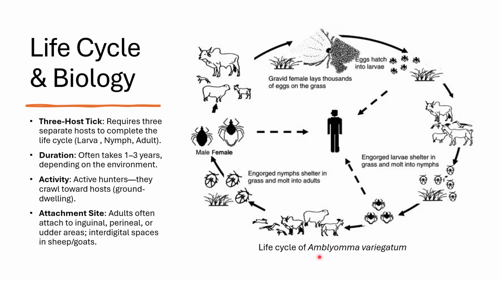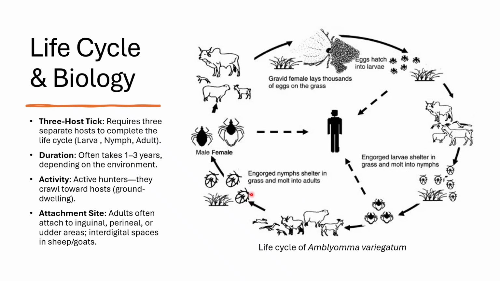This is a diagram showing the life cycle of the Amblyomma variegatum. We have here the adult laying eggs, hatching into larvae. The larvae will attach to its first host and feed. The engorged larvae will drop off, shelter in grass, and molt into the nymph. The nymph will now attach to the second host and drop off to the ground,